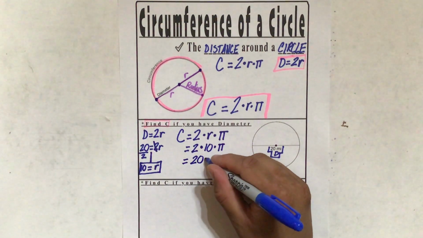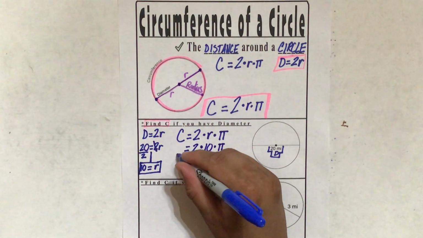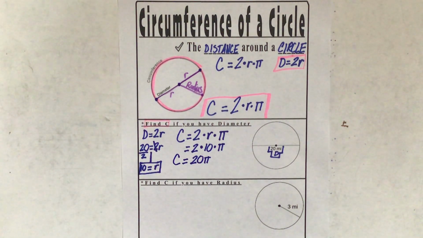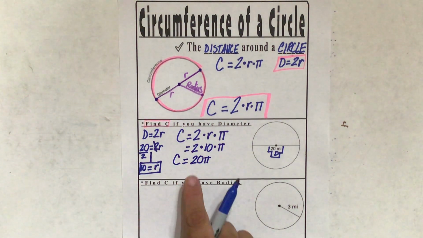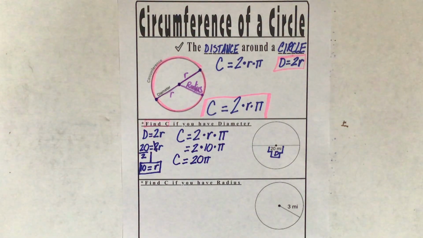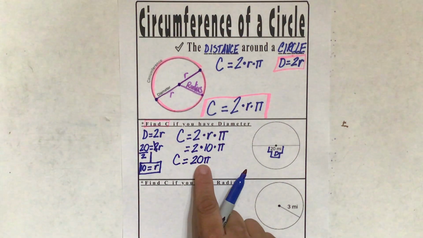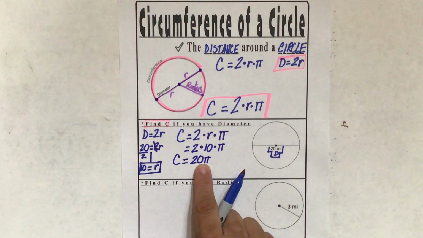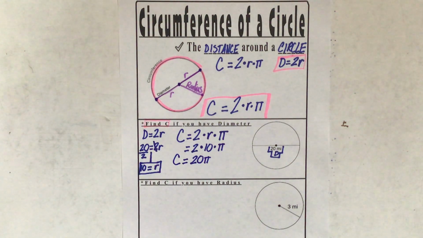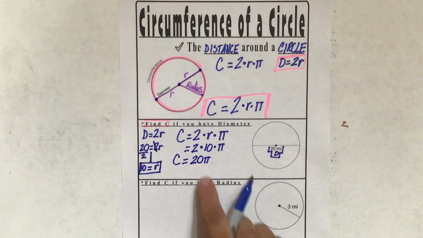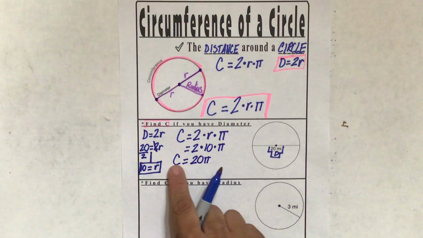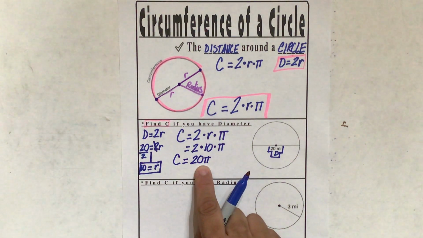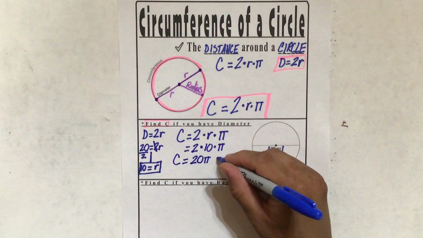So I have 20 pi. Now, sometimes in math, they leave it in pi terms. This is what they call in terms of pi. It means leave the pi there. Don't get rid of the pi. The pi is part of the answer. So this answer is 20 pi. Or they could say